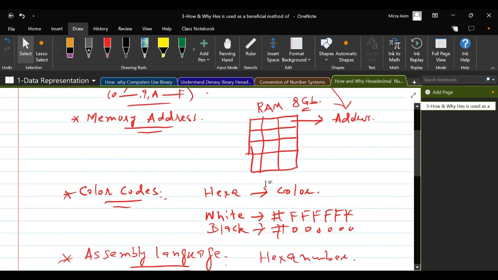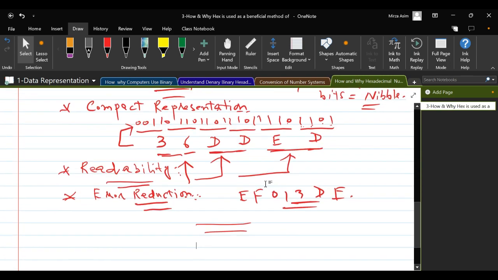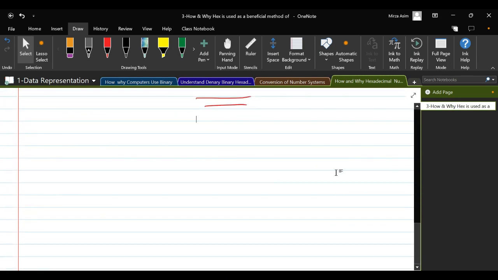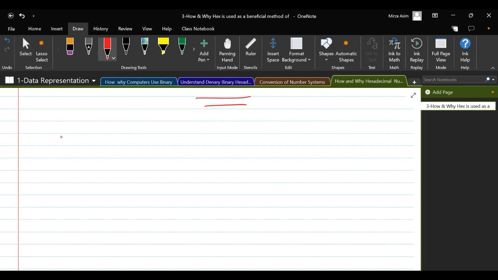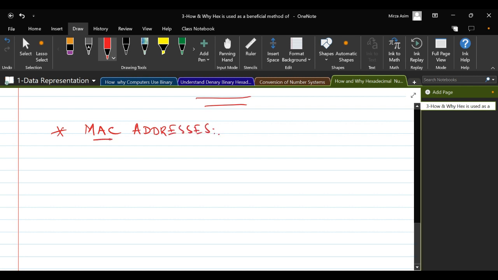By the way, there are so many other points as well. For example, let me tell you again. The hexadecimal number system can also be used in MAC addresses. MAC stands for media access control.